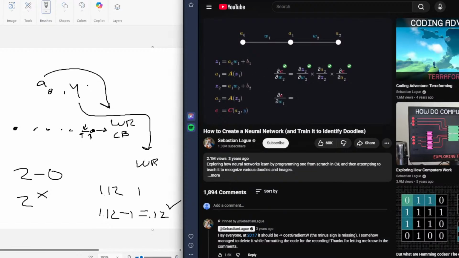So here's the partial derivative we want to calculate, and if we just look at how the first weight ends up affecting the cost, we can again use the chain rule to figure this out. Taking a closer look, we can see that these two partial derivatives on the end are the exact same as these two, so we know those already. This is the